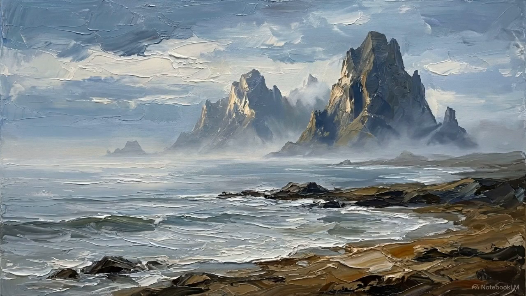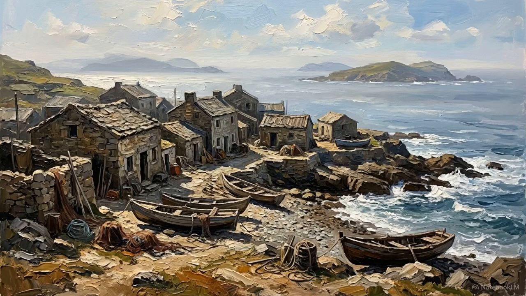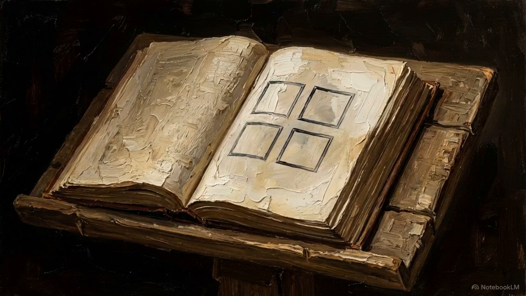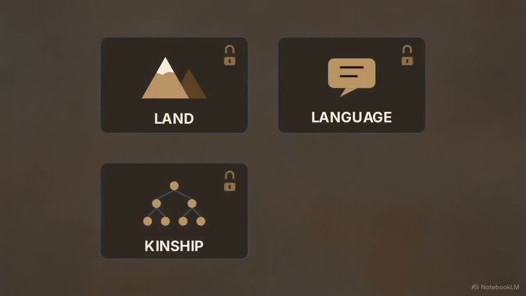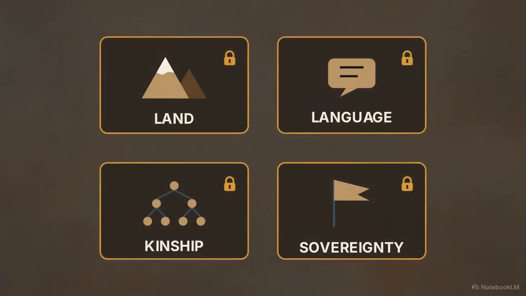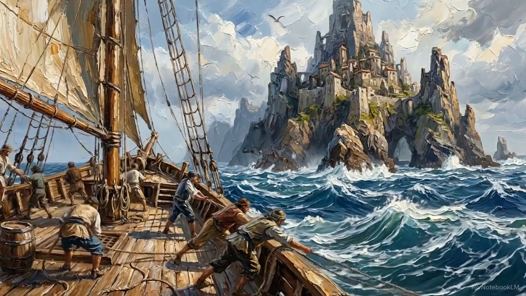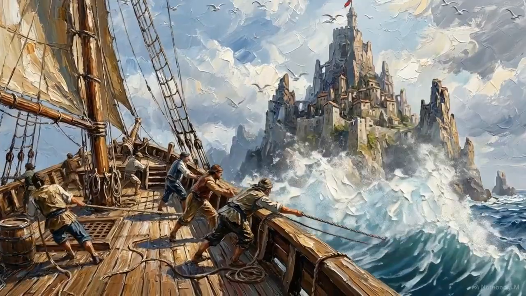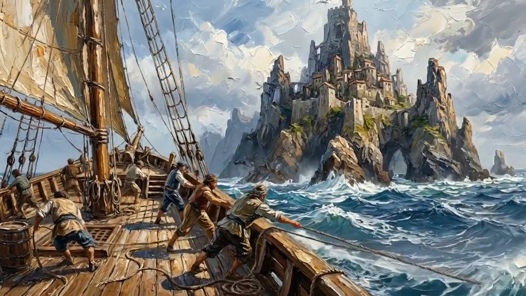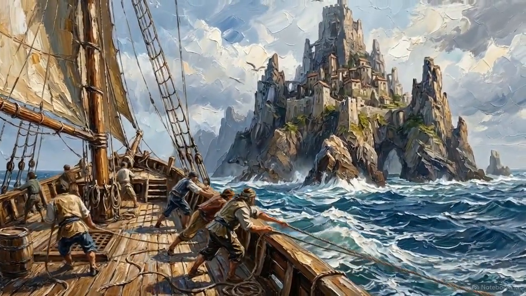Genesis chapter 10, verse 5, notes the result of this maritime expansion. "By these were the isles of the Gentiles divided in their lands." The text then defines the parameters of this separation: every one after his tongue, after their families, in their nations. Land, language, kinship, and sovereignty are recorded as locked variables. Prioritizing this geographic and linguistic division explains why the Mediterranean islands developed distinct maritime cultures, insulated from the landlocked struggles